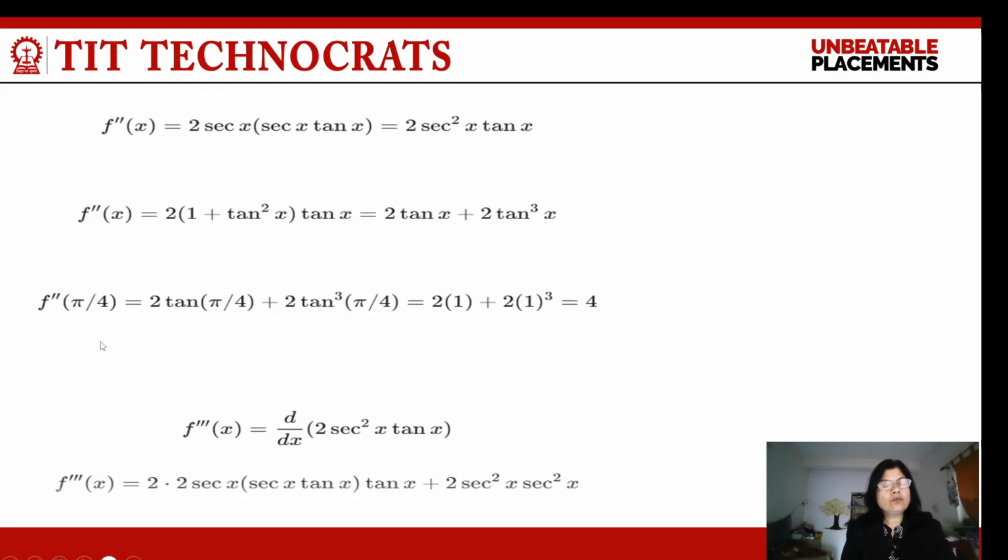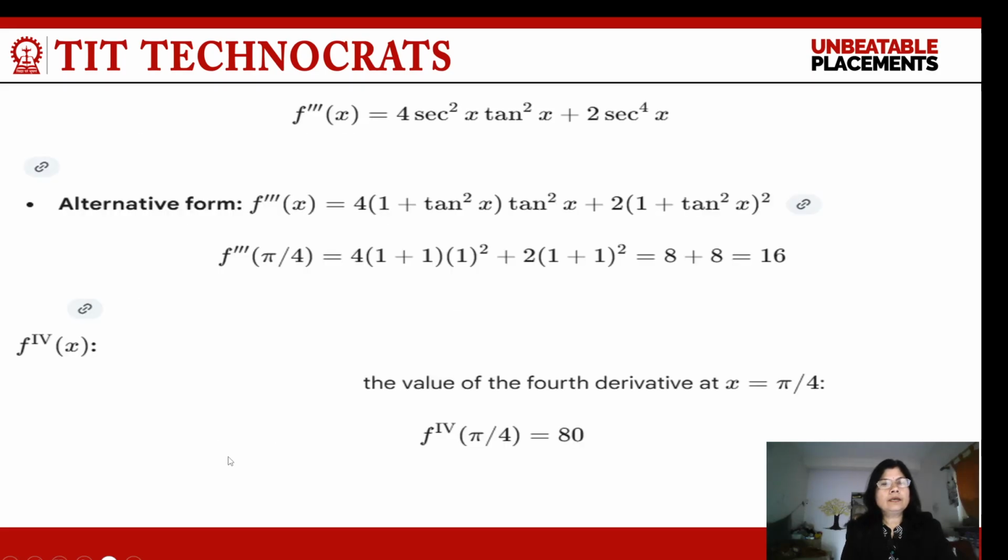Put x = pi/4. So we get 2 tan(pi/4) + 2 tan^3(pi/4), which is equal to 2 into 1, because tan(pi/4) is 1, plus 2 tan^3(pi/4), that is 1 to the power 3. So after solving we get 4, and the triple